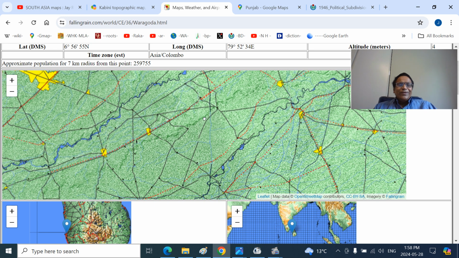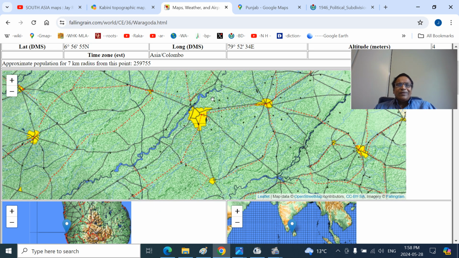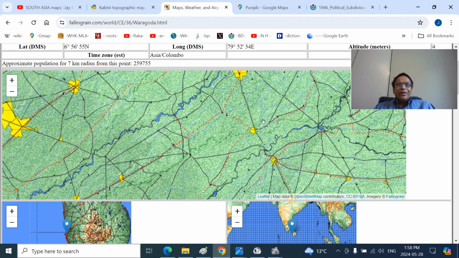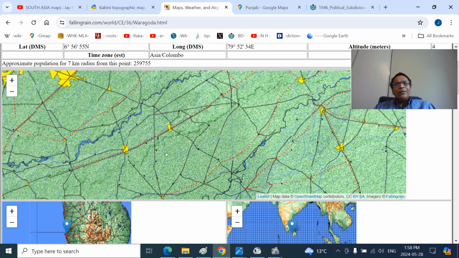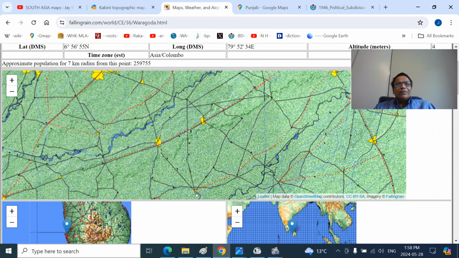So you can see this entire area is the Bari Doab now. This is the Bari Doab. Beas and Ravi river. Lahore city, Amritsar city. This should be Kasur. This is Firozpur. So the river Beas north is the Ganji Bar, south is the Nili Bar. So again you can go into